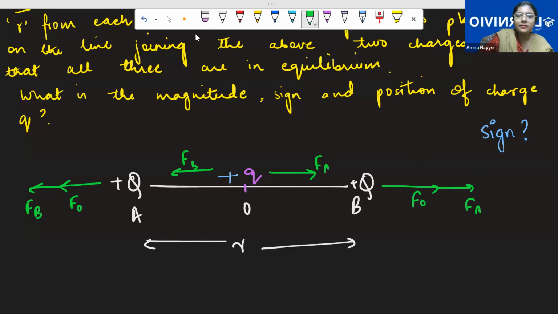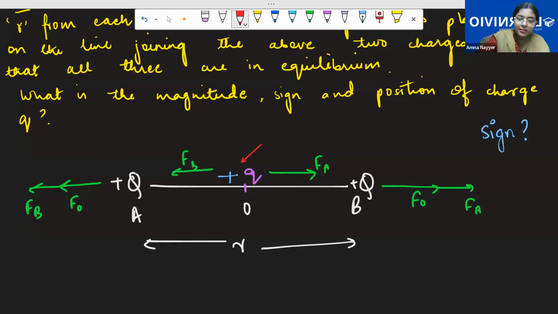Now look here, class. Both the forces for plus Q, this small q, are in opposite directions, 180 degrees, by the parallelogram law they will cancel each other. So this will remain in equilibrium because both the forces are acting exactly on opposite sides. Basically not pulling, both are pushing it. So this remains in equilibrium.